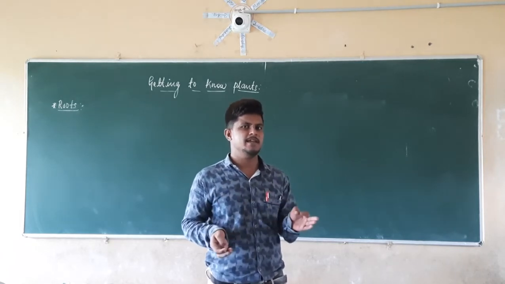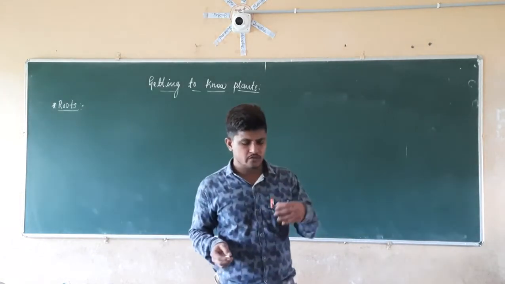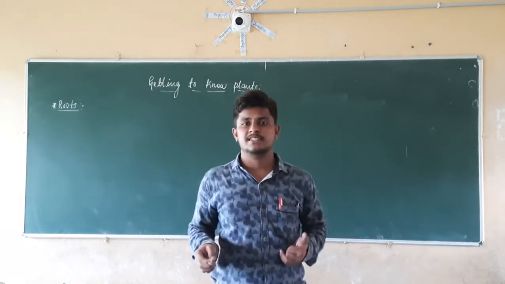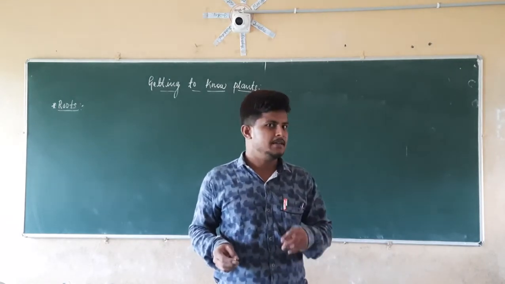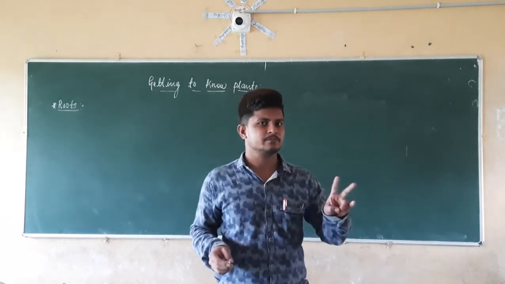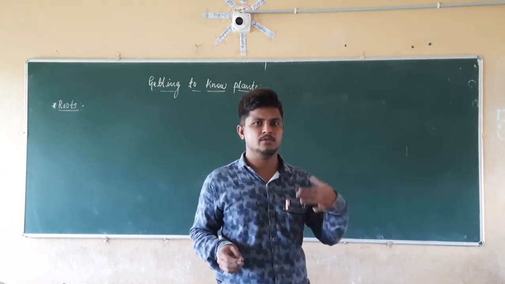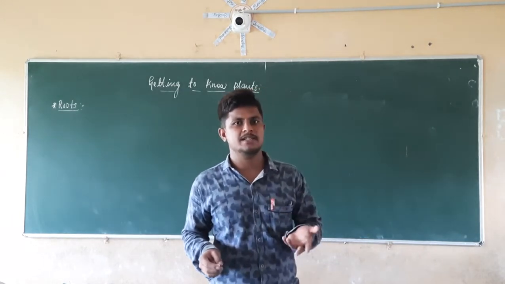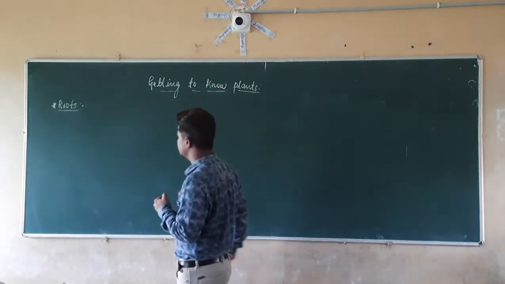If we check the maize, we are seeing different types of roots. And when we check the root formed by the gram seed, it is also a different type of root. So it is possible that there are two different types of roots. There are various types of roots. So we majorly have two types of roots. So what are those two major types of roots?